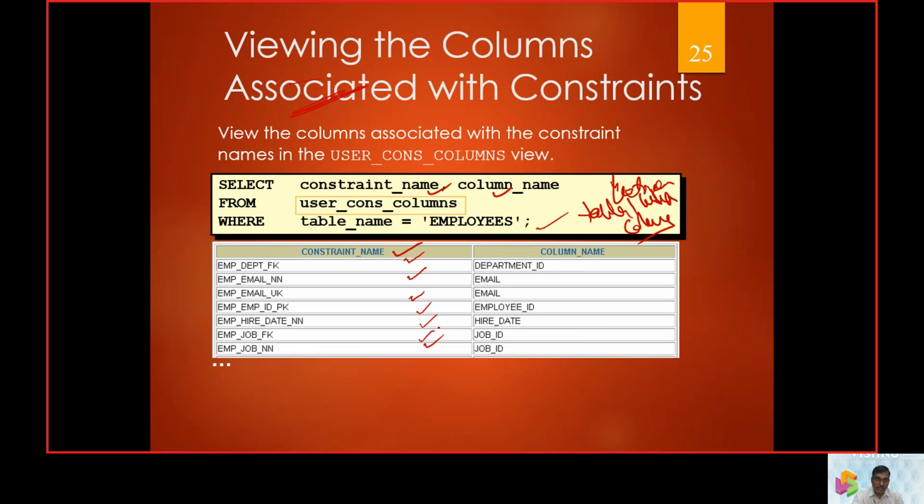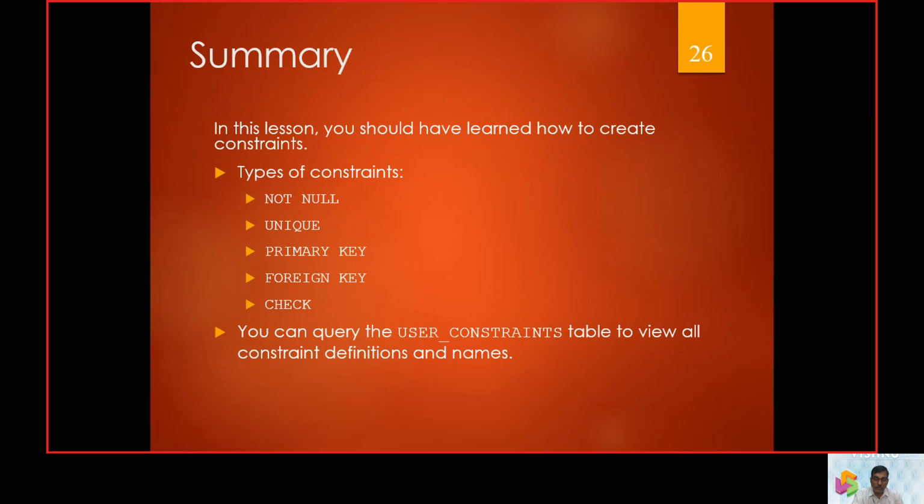All these aspects are towards the viewing of the constraint created at a column level. So in general, we can say constraints are conditions imposed over a database, and they should be met in order to have efficient use of transactions. As a whole, we discussed not null, unique, primary key, foreign key, and check constraints.